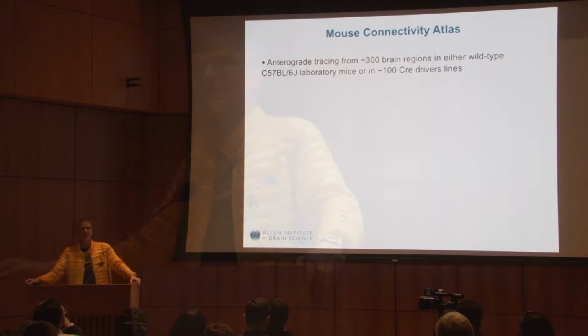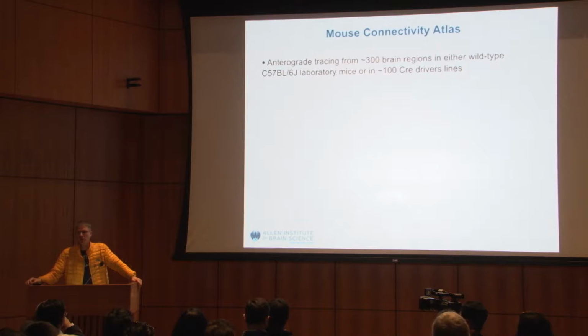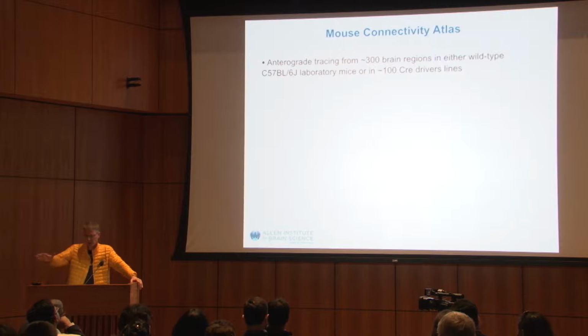So let me show you 3 products. What we're doing now is essentially generating 3 things. A, we're generating detailed connectivity diagrams and making them available. B, we're generating detailed descriptions of the individual neurons, how they behave electrically. We provide models of them, either statistical models or biophysical models. We also give you the genes expressed in them, so we give you a high resolution description of the individual neurons. And C, we're building up these brain observatories where we observe, under highly reproducible conditions,